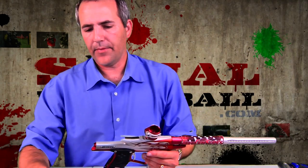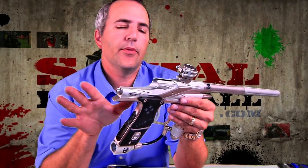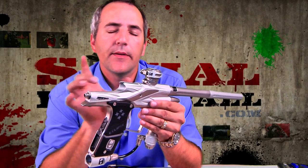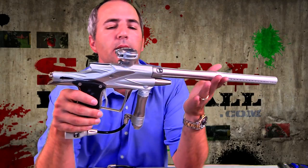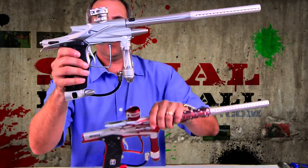Also, the Ego 10s come with the ZIC-2 kit installed. They're just trying to really lower the reciprocating mass as the rammer is moving inside the gun to lower the recoil. You'll notice too,